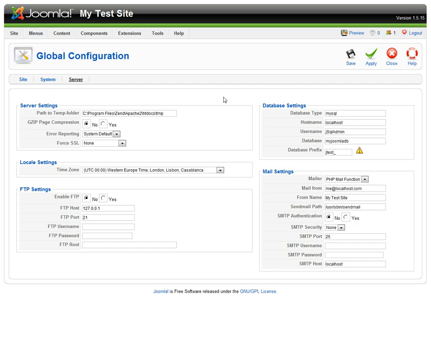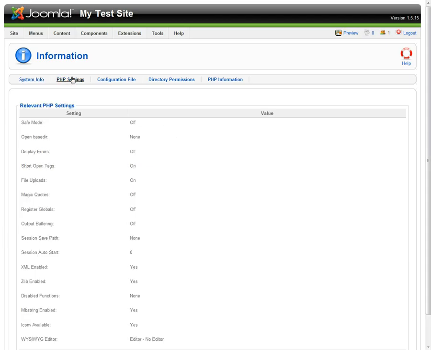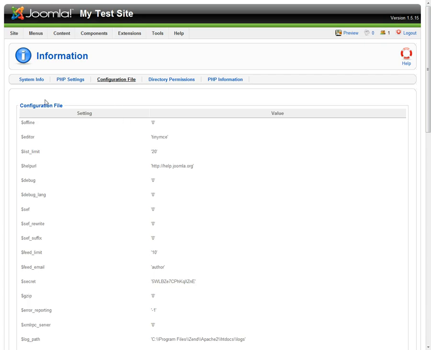An often overlooked resource for global settings is available in the Help menu. Clicking System Info presents another set of tabs with valuable information. The System Info tab has all the version numbers and products for your database, PHP, web server, and Joomla, including the web server to PHP interface, which can affect how you can change any of these settings. The PHP Settings tab has common PHP settings critical for Joomla. The Configuration File tab has all the global settings in the Joomla